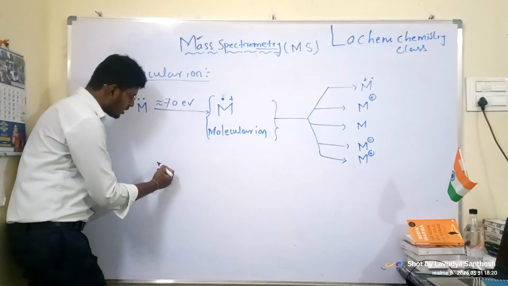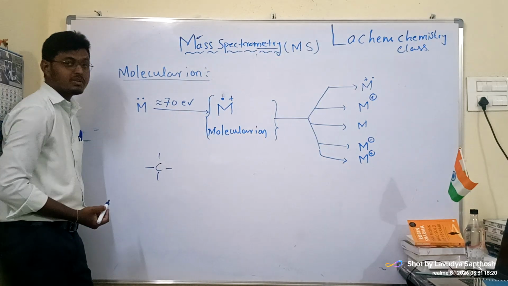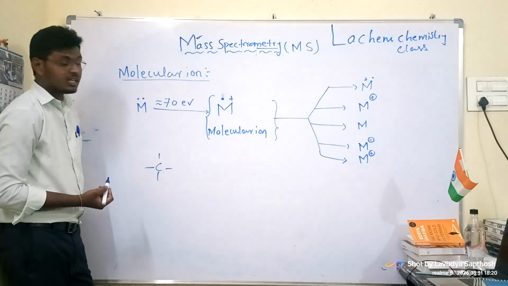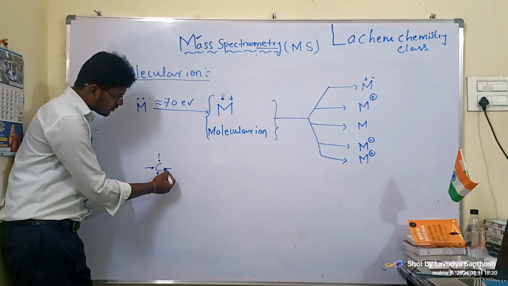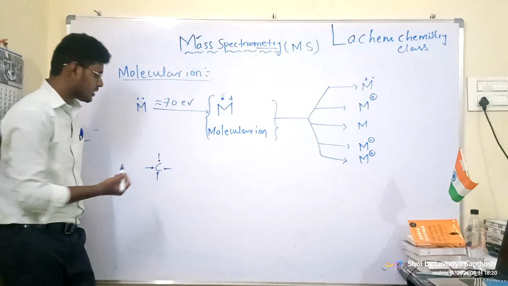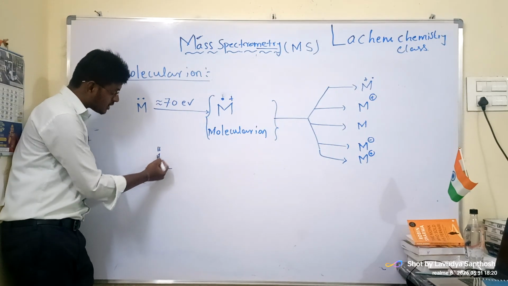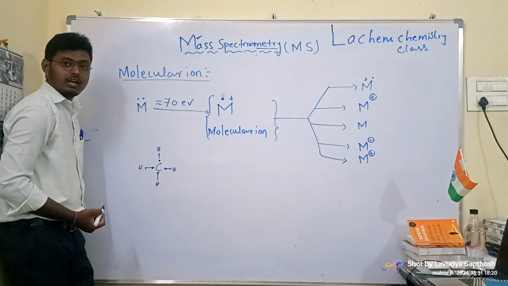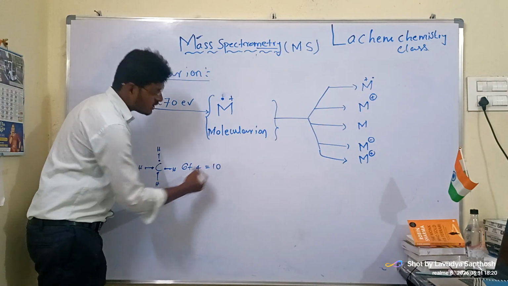Now you understand carbon. Carbon belongs to the fourth group element, and its atomic number is 6. Its outer orbitals are filled with 4 electrons, and the s group element also has 2 electrons. 2 plus 4 is 6. Hydrogen has 1 electron each, so 6 plus 4 is 10 electrons.